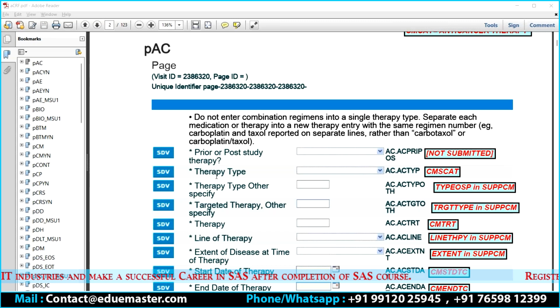Currently 3.3 is going on, but most of us are still following SDTM implementation guide version 3.2. So now you can see that if I want the information about prior or post-study therapy, this information is part of the AC table, that is the AC data set.